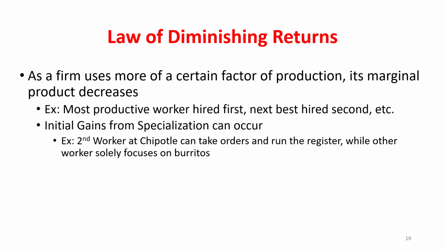The next person does the meats and toppings. The next person runs the register. Now when I hire four, right? I'm losing less time having to do every single task on my own as I hire more workers. So when this occurs, even though I'm hiring the best worker first, then the next best, then the next, they can now specialize on individual tasks.